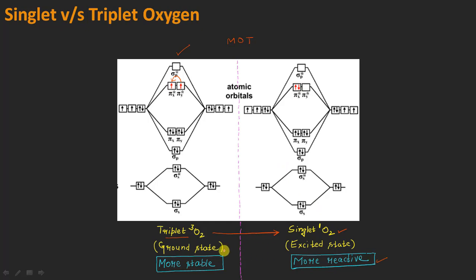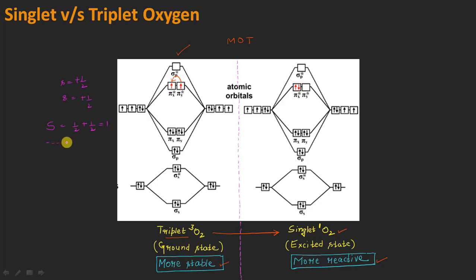On the other hand, the triplet state is more stable or less reactive. The reason is that if we count the multiplicity of this system, for a single electron present in a single molecular orbital, the value of small s is plus half. In the same way, for the second electron, the value of small s is plus half. So the resultant spin quantum number will be half plus half, which gives the value of capital S equals 1.